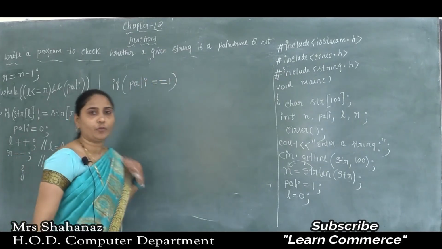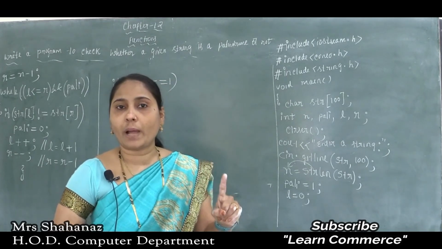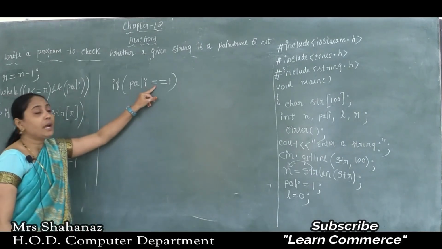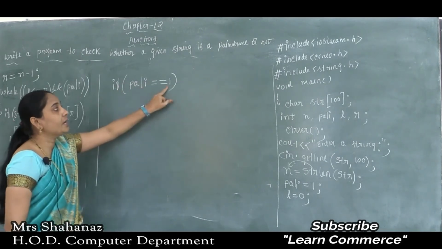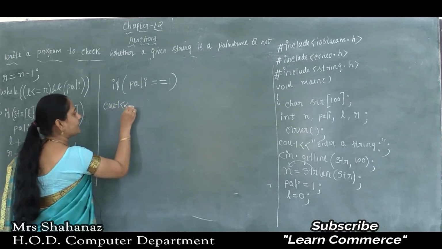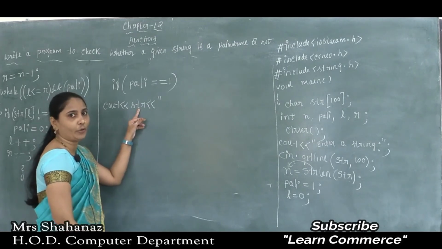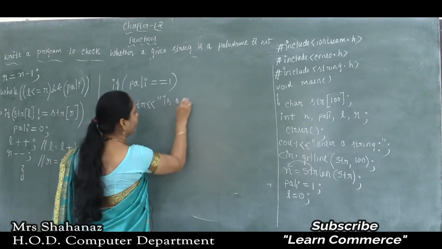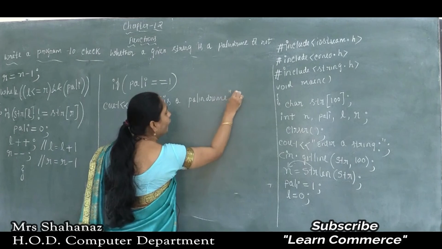As we know, in a flowchart we can write one equal sign, but while writing the program, we need to compare. So we need to use the double equal sign. You should remember it. So if the Pali value is equal to 1, that means yes, the condition is true, then cout str. Later I will tell why I wrote str and how it displays the answer. Cout str is a palindrome. The word is a palindrome. Any message you can write, no problem.